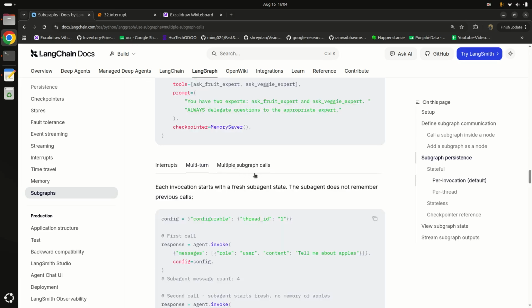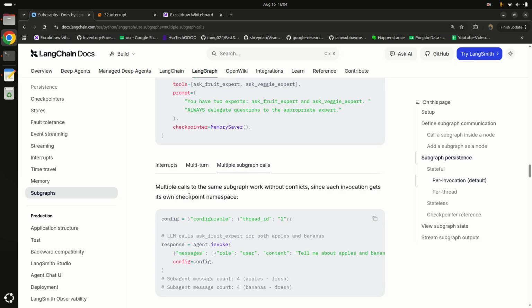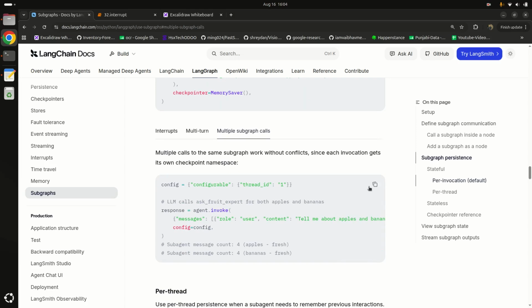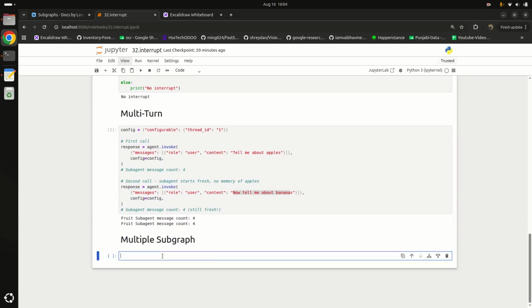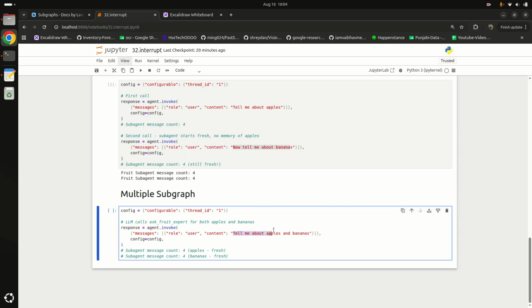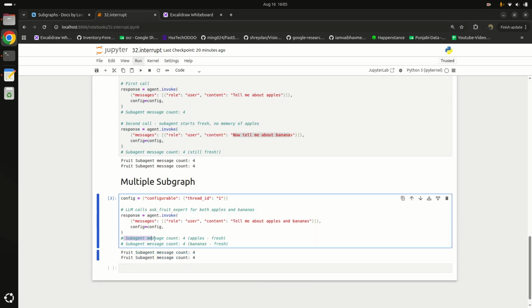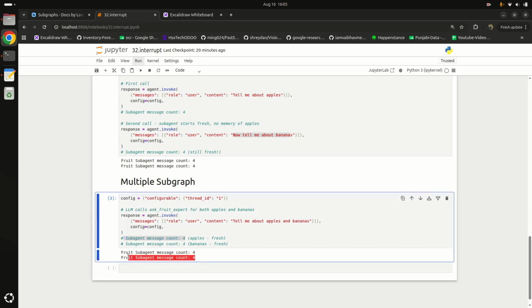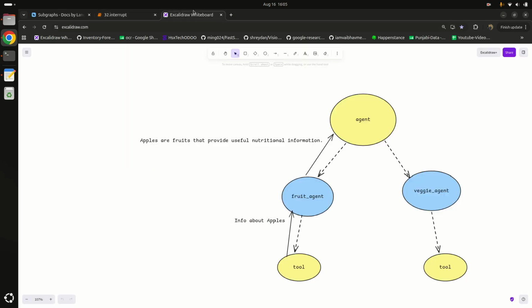Similarly, multiple calls to the same subgraph work without conflict, since each invocation gets its own checkpoint namespace. Let me copy and paste the code here. Here I am asking in the same question, tell me about apples and bananas. Let's run it. It is written that the subagent message count will be 4 and the subagent message count will be 4, and it is 4 in both cases. It is our main agent and it is our fruit agent.